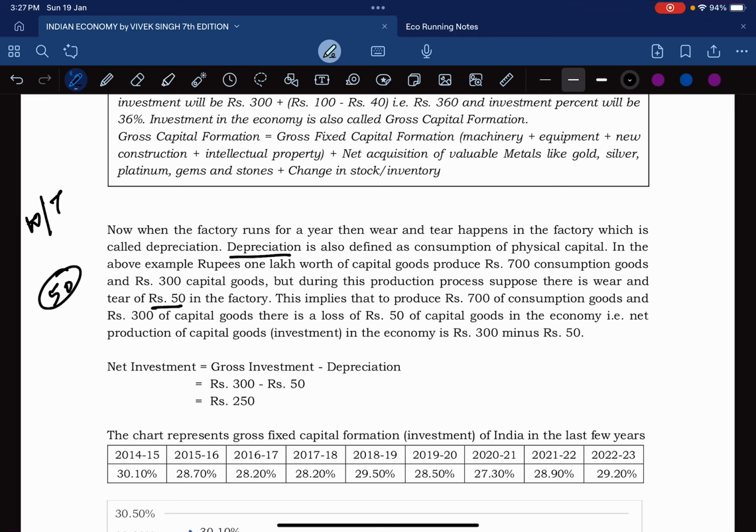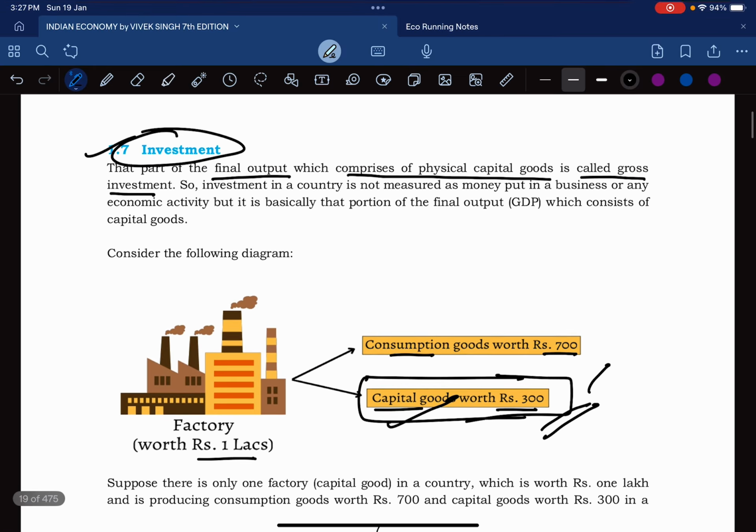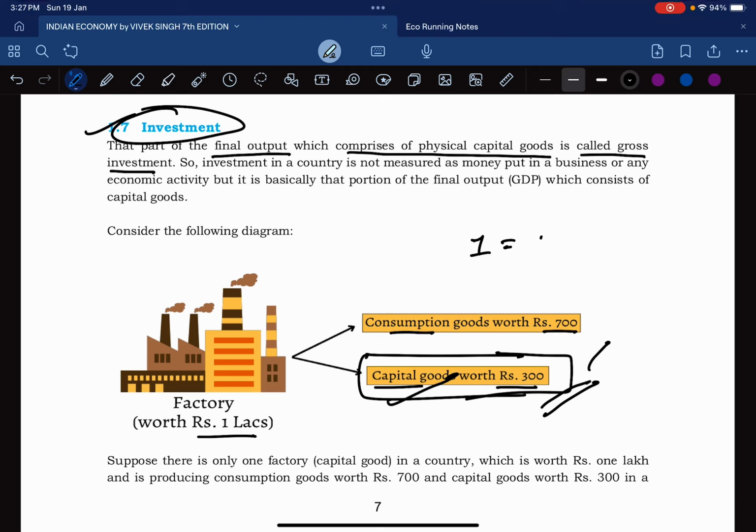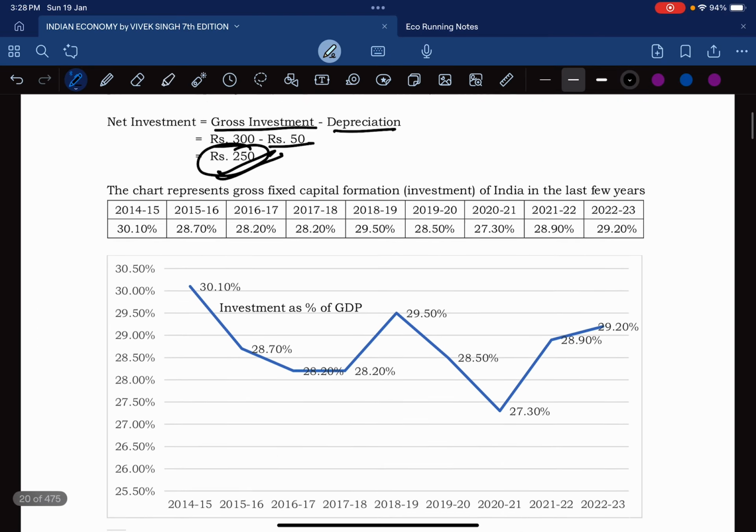So the capital goods or the gross investment was rupees 300. Now it depreciated by rupees 50. So now our net investment will be rupees 250. That's all what this investment means. So the investment is equal to capital good, right? Gross investment is capital goods, net investment is gross minus depreciation. So that's here. Now we'll see the next topic,